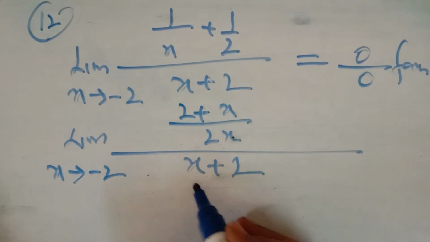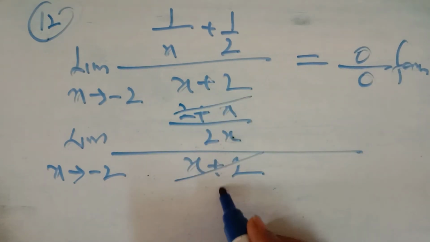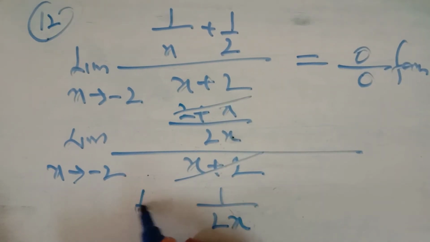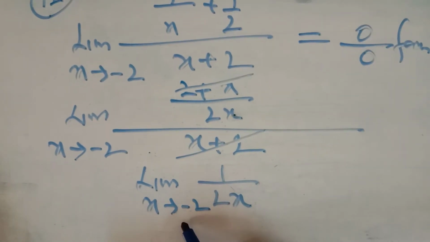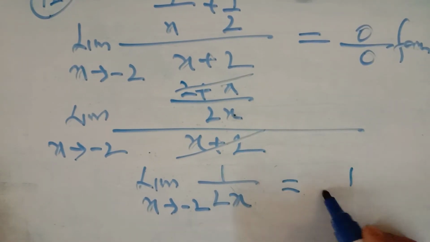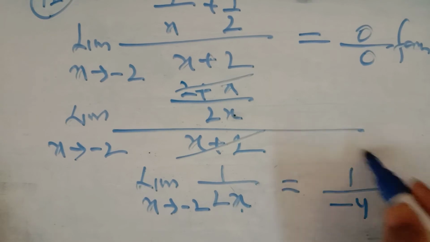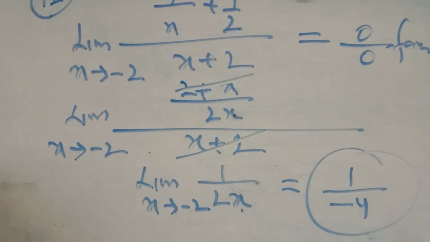Now see it very carefully. ये आपका कैंसिल हो गया तो 1 अपॉन 2x आपका ये रह गया केवल, एंड x इज इक्वल टू माइनस 2. तो 1 अपॉन 2x लिमिट x गोज टू माइनस 2, रिप्लेस कर रहे हैं तो x की जगह माइनस 2, तो 1 अपॉन माइनस 4 ये इसकी लिमिट आ गई इन क्वेश्चन नंबर 12. That is, we have to remove the 0 upon 0 form to obtain the limit of the given function.